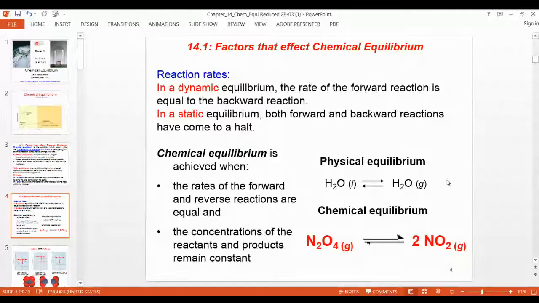Alright, now I will take all the chemical reactions, generally chemical equilibria, designated by two arrows. The rates of the forward and reverse reactions are equal, as I told you in the definition of equilibrium. Second, the concentrations of the reactant and product remain constant. These 2 points are very important that you can write if the question is asked, define chemical equilibria or equilibrium. It is the same thing.